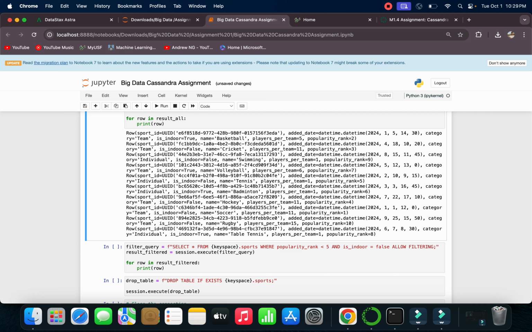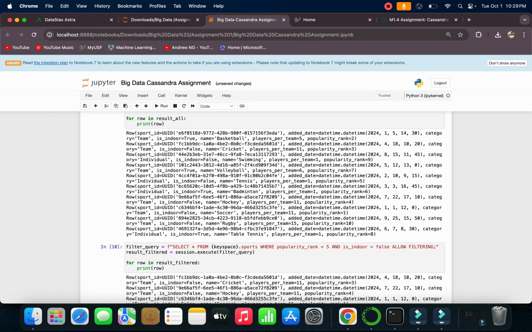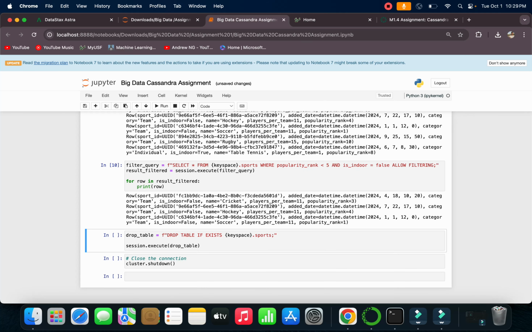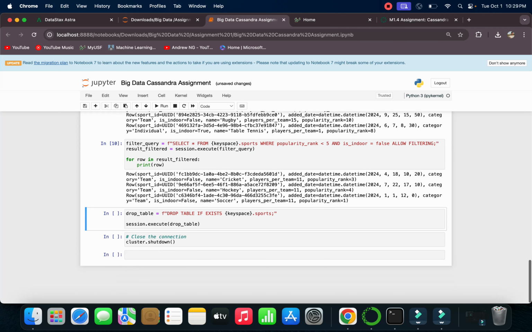As we saw, originally we have 10 rows of data in our table, but when we apply the filter, I have applied the filter on popularity rank, and on whether the sport is indoor or not, the boolean column that I have in my table. Printing the rows of the applied filter, we get 3 rows of data with the filter. So 1 2 3, and